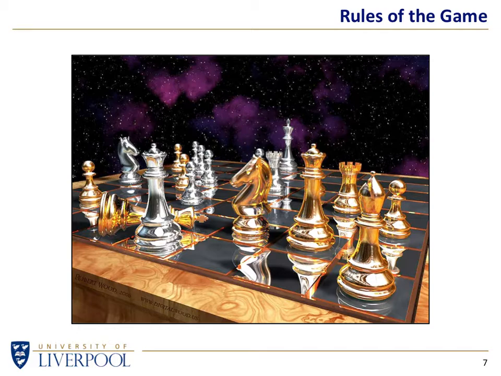If we were trying to work out how chess is played out, we might watch not a single picture, but a movie. And if we watched a movie of two people playing chess, how they start, how they move the pieces, what happens when one piece takes another piece, then we can start to build up an idea of what the rules of the game actually are. But looking at one game is probably not enough. But if we watched two players play 1,000 games, then we would get a pretty good idea of what the rules of chess must be in order to play out the way they do.